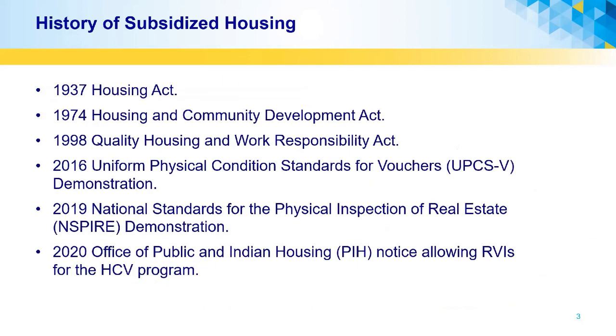Next slide. A little bit of a history of subsidized housing. It all started back in 1937 with the 1937 Housing Act. Then we move along to 1974. That's when the 1974 Housing and Community Development Act was enacted. This was a change in strategy by HUD, moving from a project-based subsidy to a tenant-based subsidy. In 1998, the Housing Quality and Work Responsibility Act was passed. Then we move along to 2016, we have the Uniform Physical Conditions Standards for Vouchers, otherwise known as UPCSV